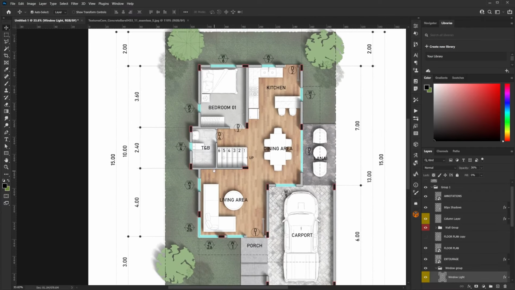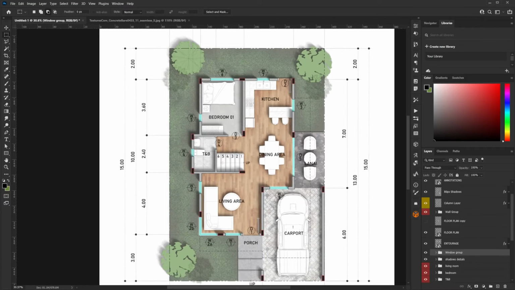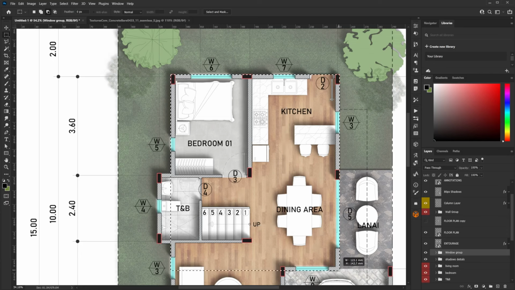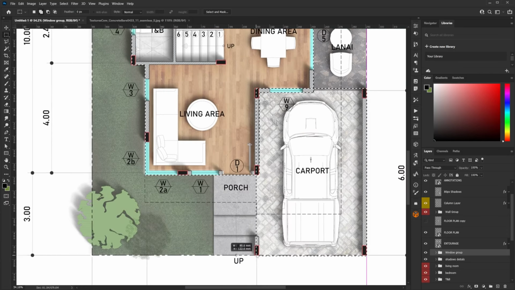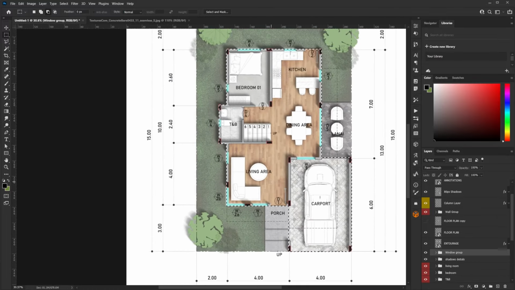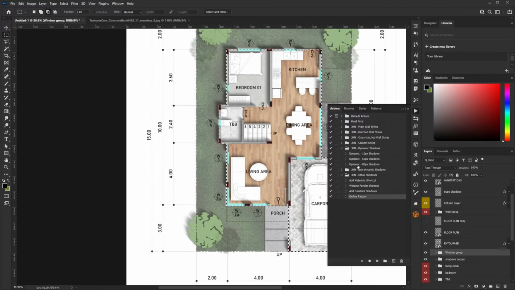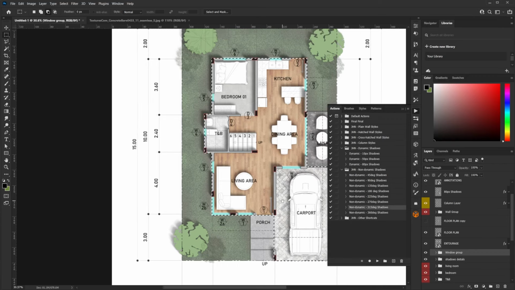Now after everything is done, the last thing that I usually do is to add non-dynamic shadows in my drawings. We can do this by creating a selection of the entire floor plan. Any selection process you prefer will do. After selecting, go to Actions, Non-Dynamic Shadows, and for this case, I will be choosing 315 degrees since that's the